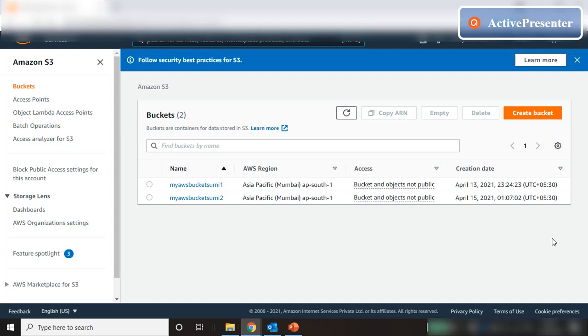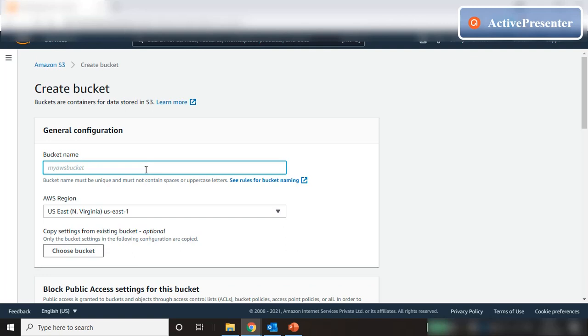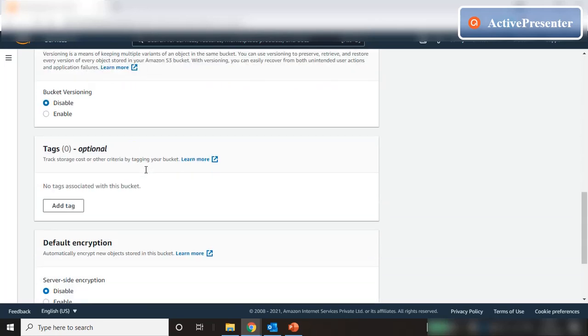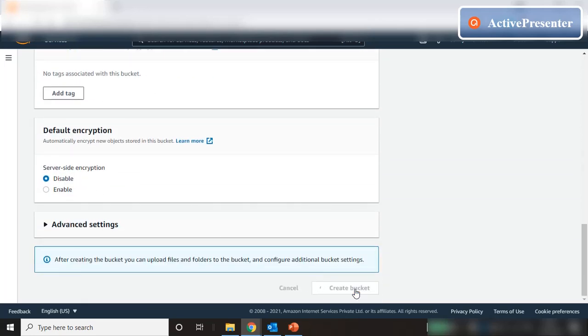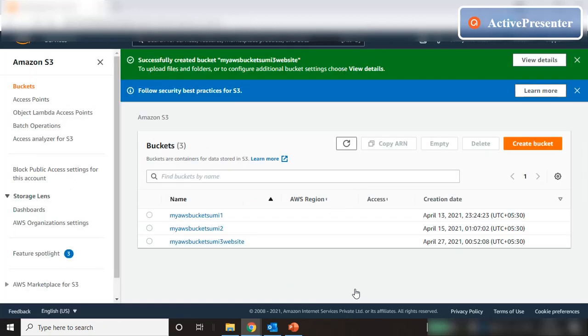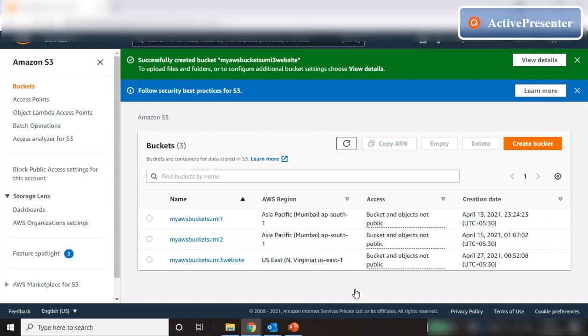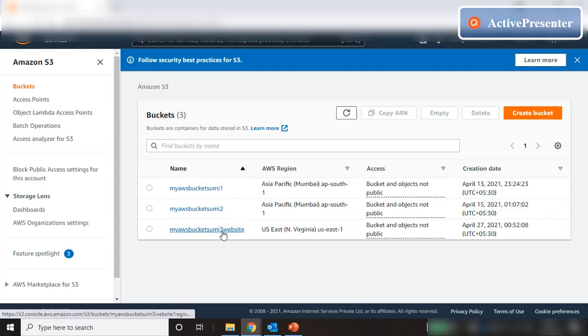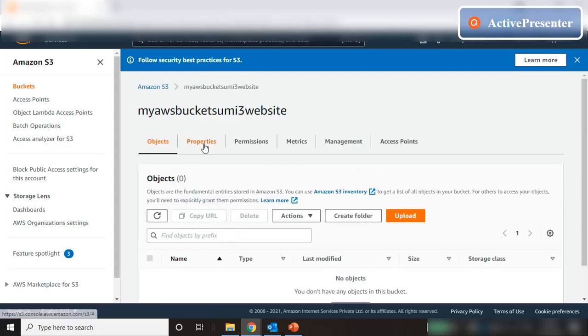In order to start with this, let's just create a fresh bucket. I'll name this bucket my AWS bucket SUMI 3 website. Keep the default settings and create the bucket. Okay, now the bucket is created. So now we click on this new bucket and we go to properties